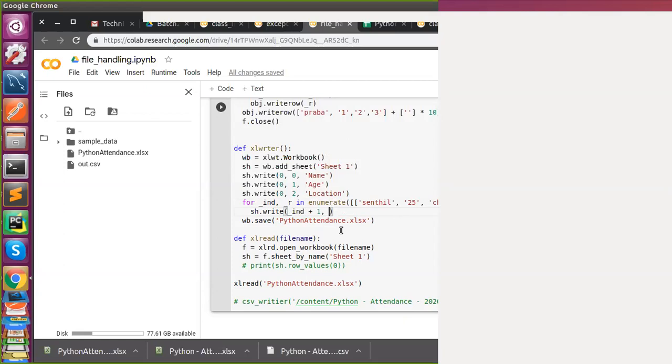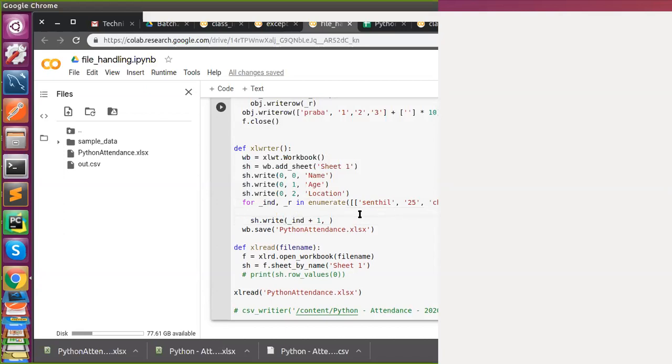And I'm having row data. In the row data, I'm having another list, a set of lists. So inside, I'm going to use another for loop. For column, here also I'm saying again an index, to make it easier, in enumerate.